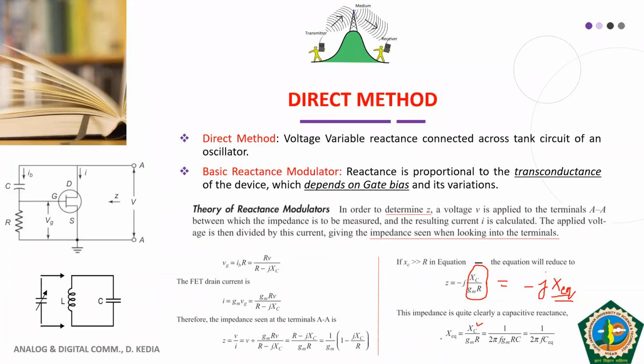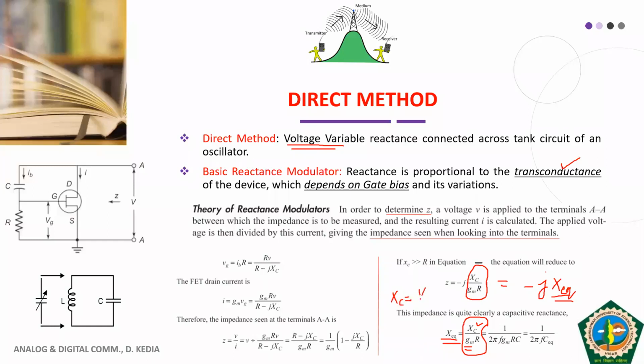Now you see, this equivalent reactance is net capacitive. One thing is there, and another thing is that this depends on gm. gm is what? Transconductance. And what is the transconductance of the FET? That transconductance is voltage variable. So this gm part is voltage variable, XC is capacitive. So it means this reactance is a directly voltage variable reactance. Fine. And I told you what XC is. XC is nothing but 1 upon omega C.